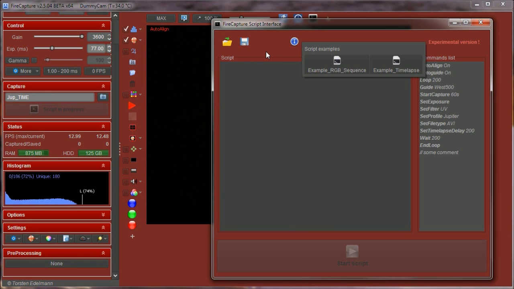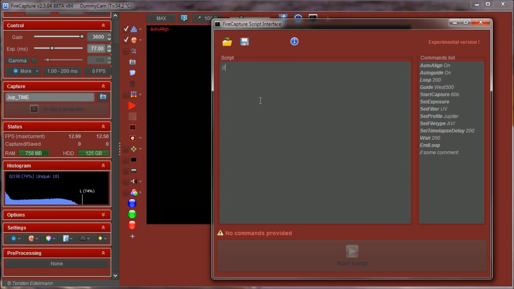You can open scripts using the button over here, but you can also drag and drop them from the Windows Explorer directly into the window. Let's start with a new script. I'm starting with a comment. A comment starts with two slashes. So insert just a